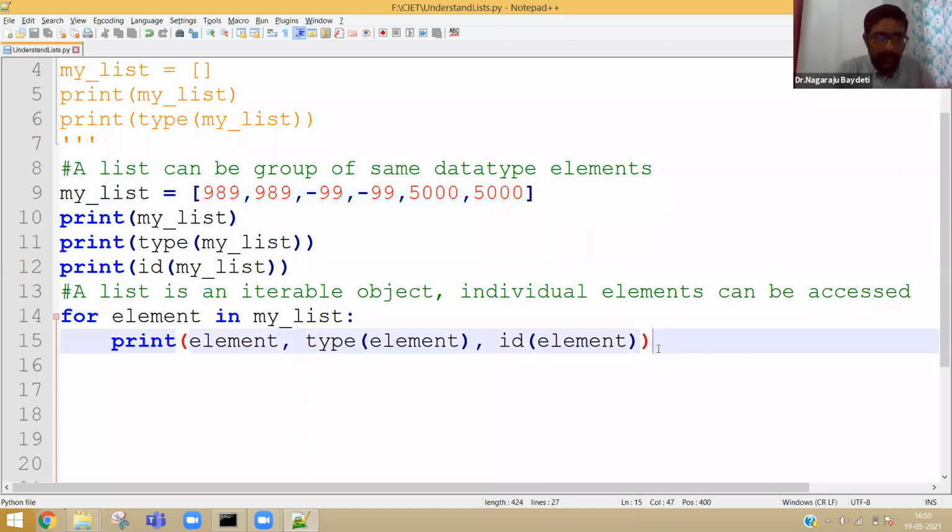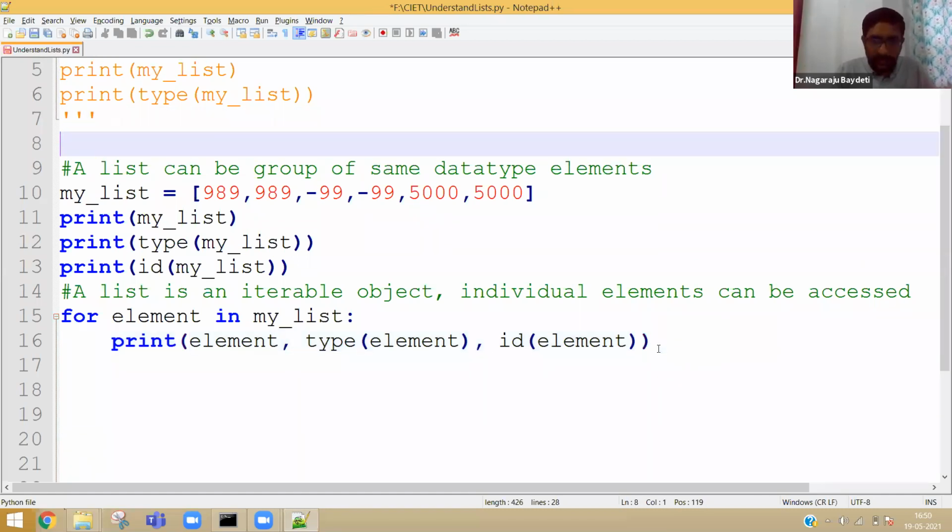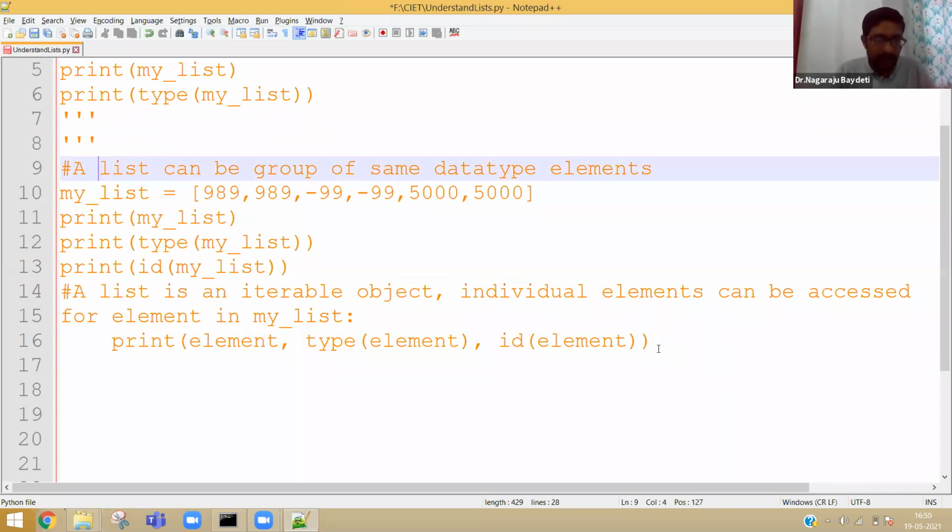Let me continue. Another student has asked whether Python can store different elements or not. Let me come to that.